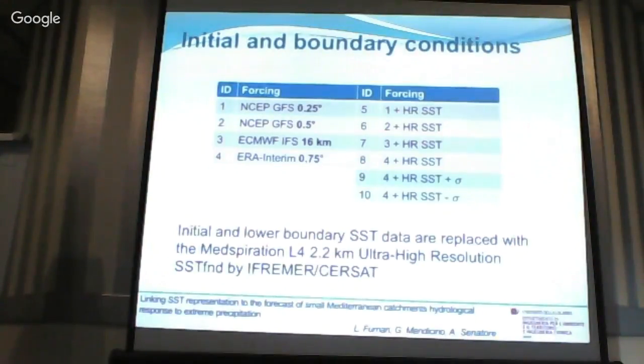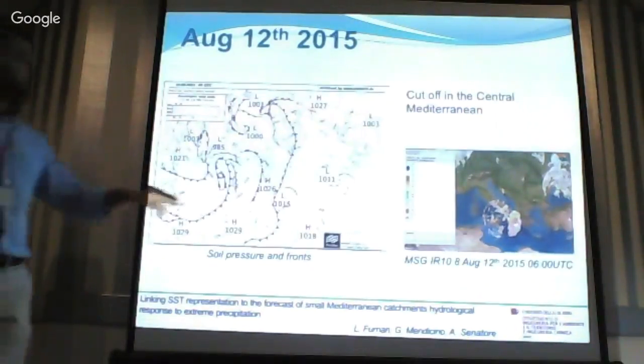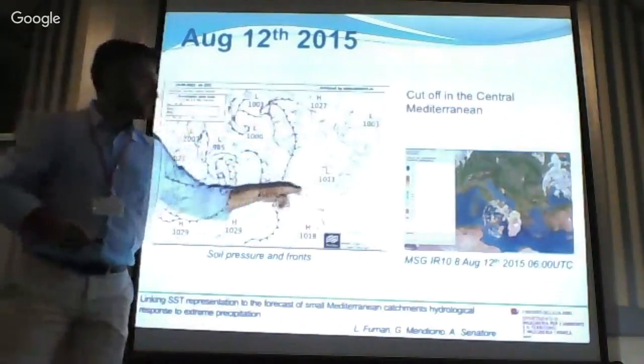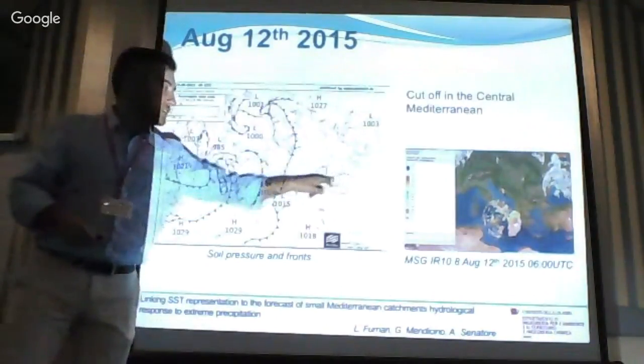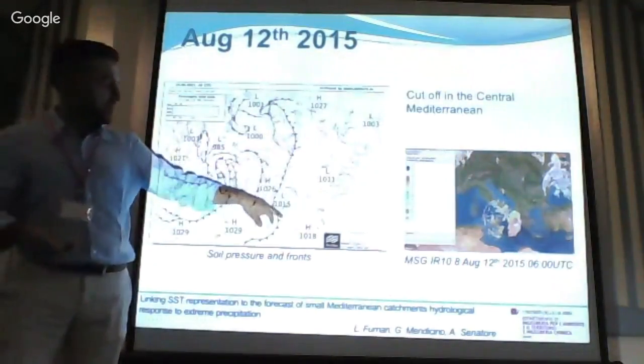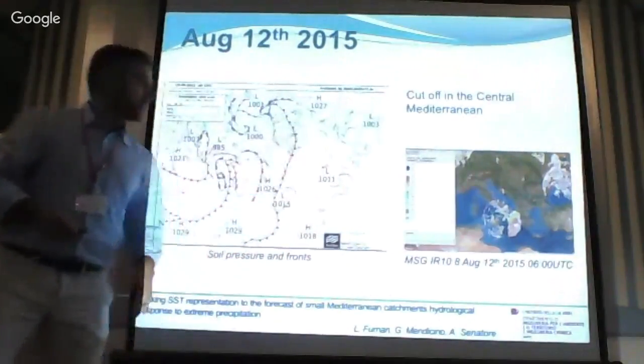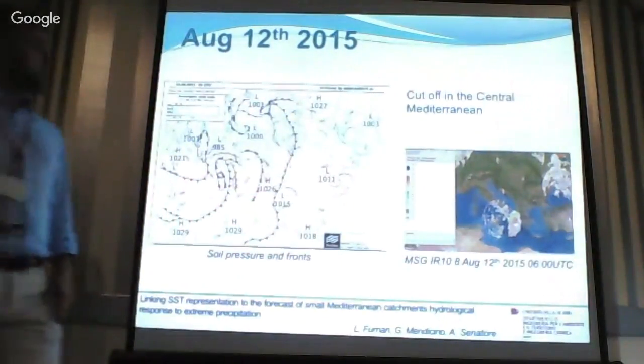And for that, we also considered the uncertainty declared by people from this institute about the SST fields. The first event, very quickly, was a typical cutoff in the central Mediterranean. We have two low minimum pressures, here in southern Italy and in the Atlantic Ocean near the coast of France and Spain. And warm water was flowing from the African side. And then we had a cyclonic